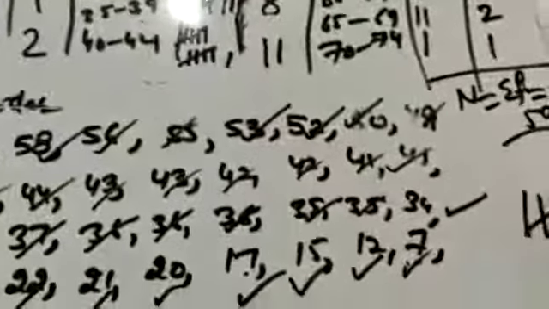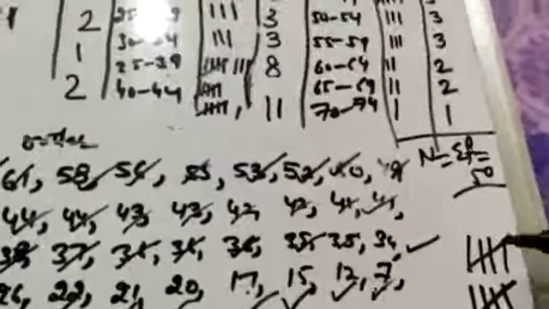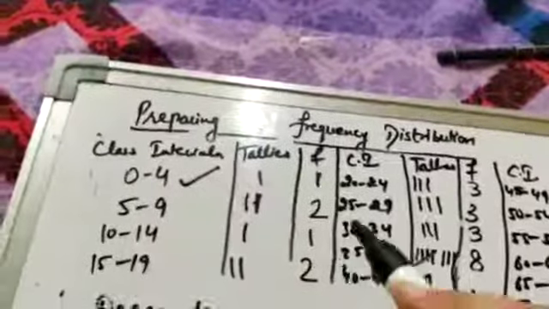After 4, we will write here like this. This is 5, the sign of the 5th tally. And if we write 5 plus 5, 10, we will write it like this. If we write again 5 plus 5, 10 plus 2, 12, we will write like this. So after tallies, we convert those tallies into frequency.